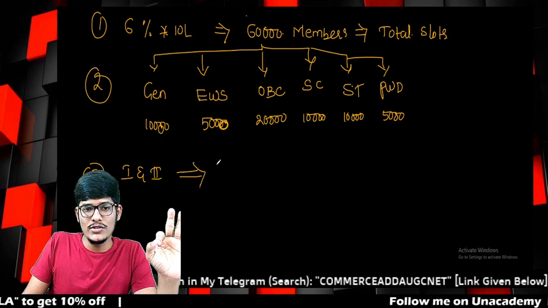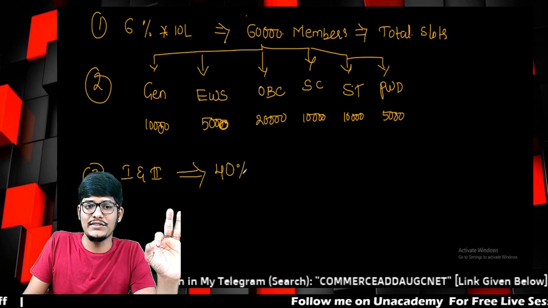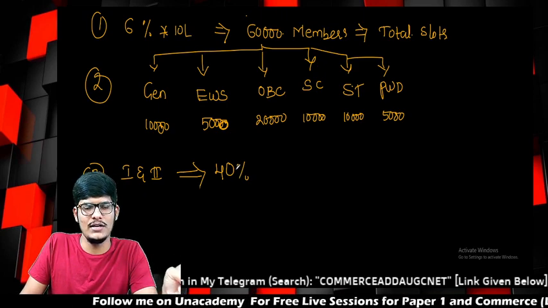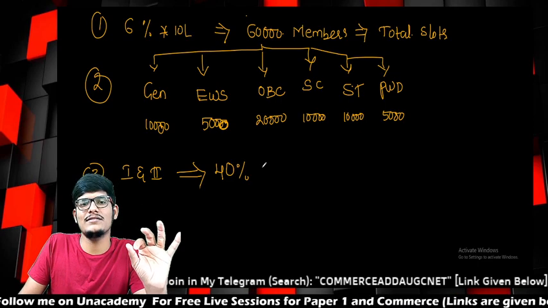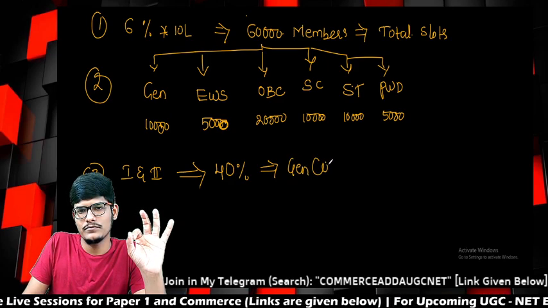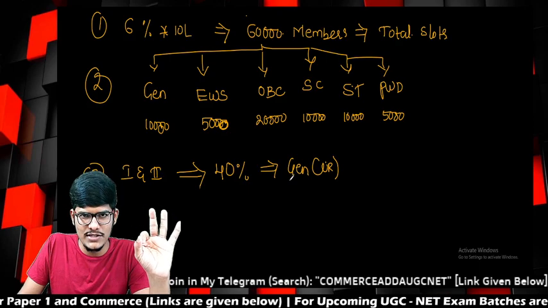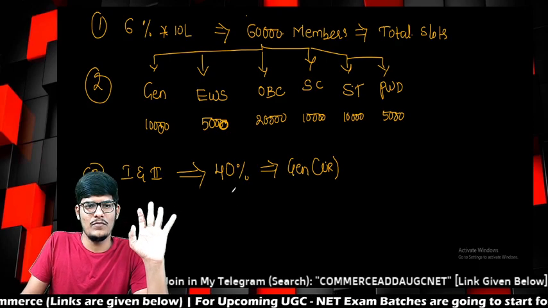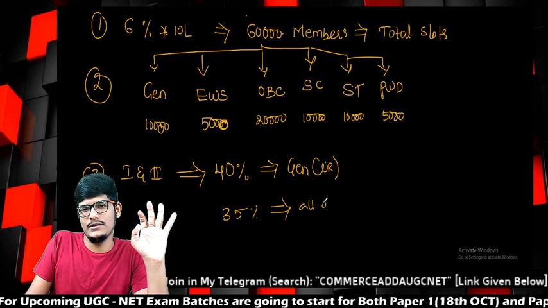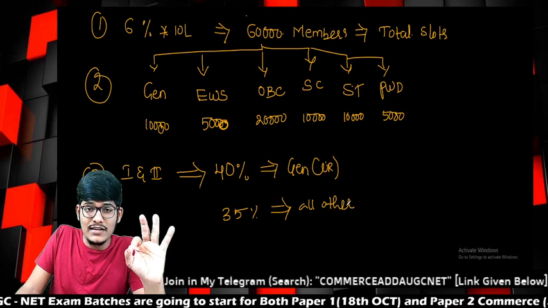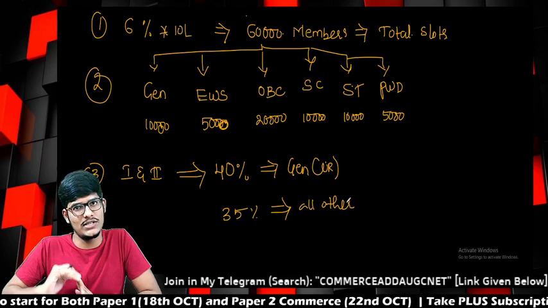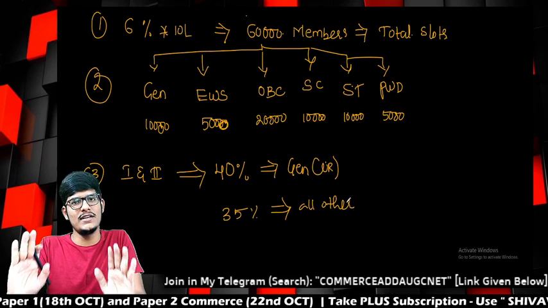Those candidates who appeared must get at least 40% in the total score of the particular exam. In the UGC NET, there are 300 marks for both papers. Candidates belonging to the General category, the unreserved category, need to get at least 40% as the minimum criteria, and 35% for all other categories other than unreserved. Only those persons who score over and above or equal to 40%, or 35%, are considered for the declaration of the result.